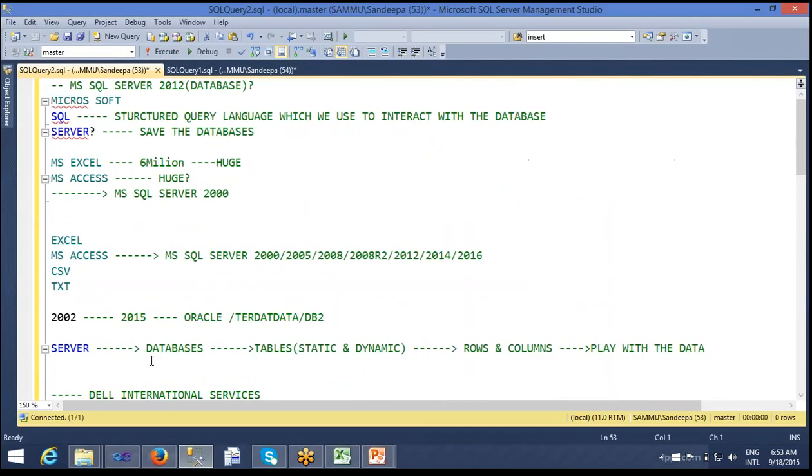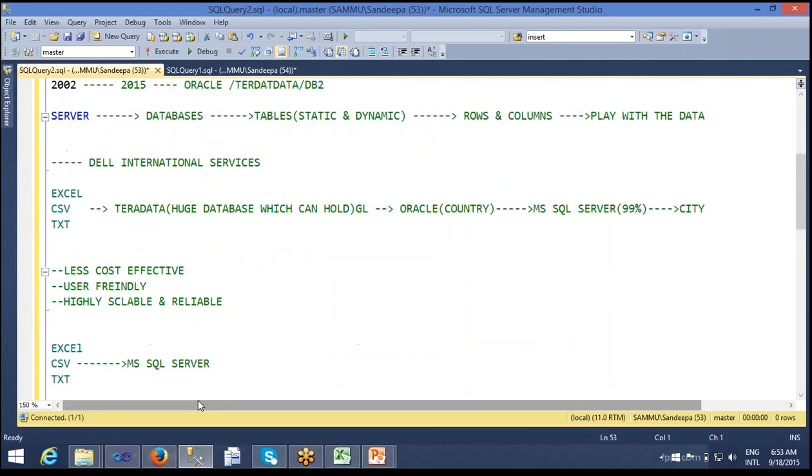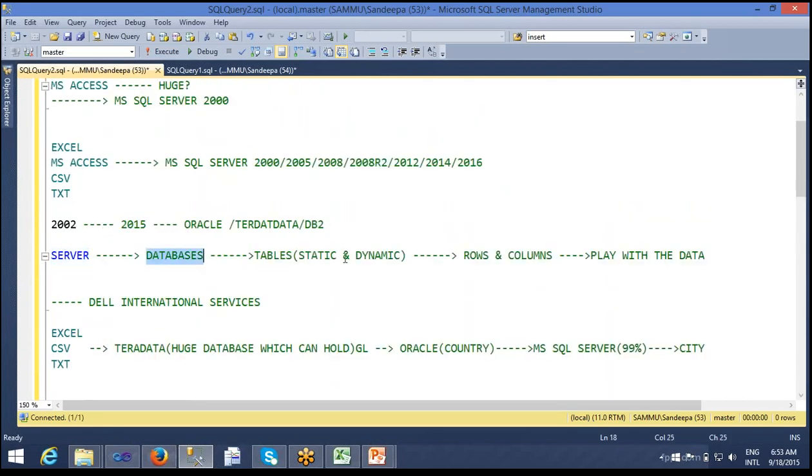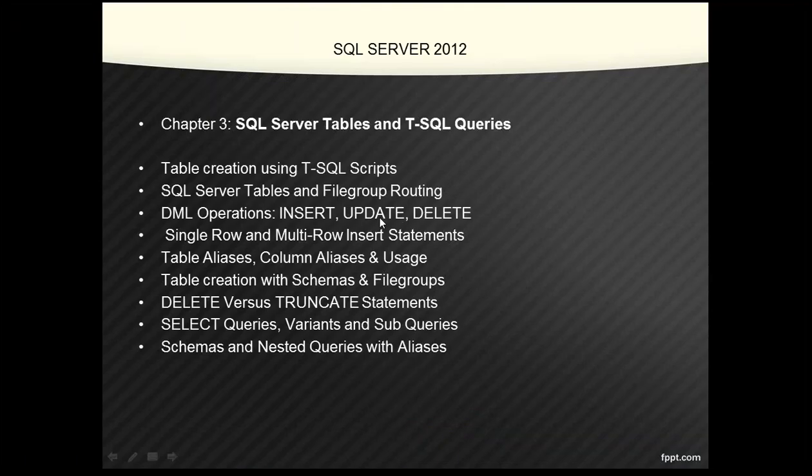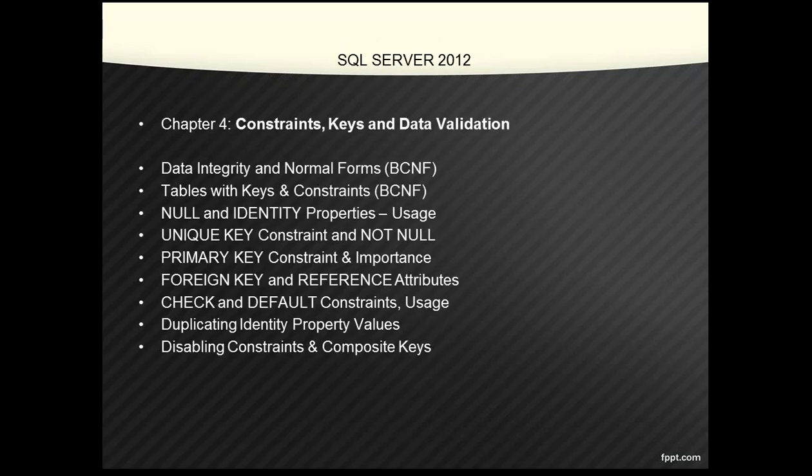Here it goes upstream to downstream. The server and database are ready. Once the tables are ready, how can we insert the data into rows and columns, and finally how to play with the data. The hierarchy is like this. Once a database is created, in the tables we do operations like insert, update, and delete in SQL Server. Anyone can save data, but we need to avoid duplicates. For example, junk comes in, and we should not work on that junk data, so how can we rectify it? That is what we work on here.